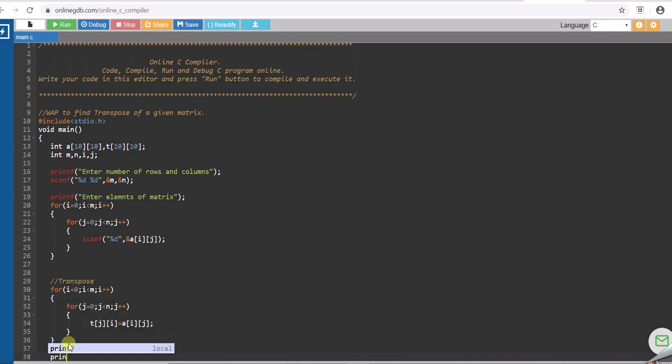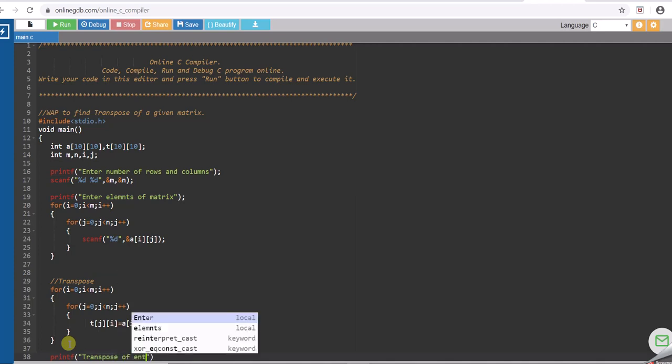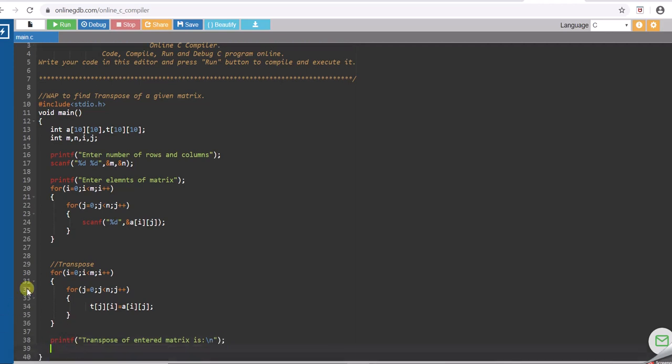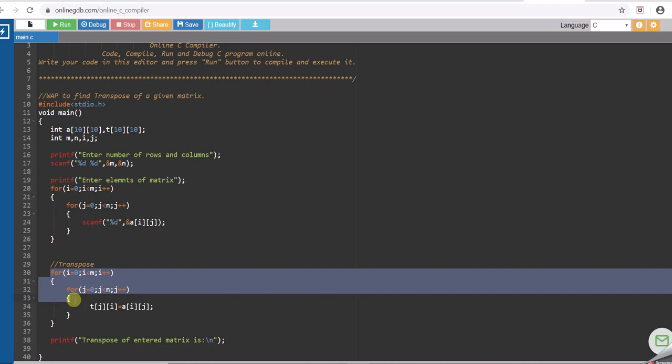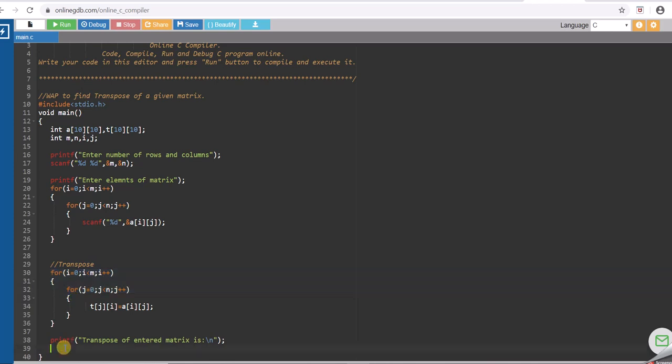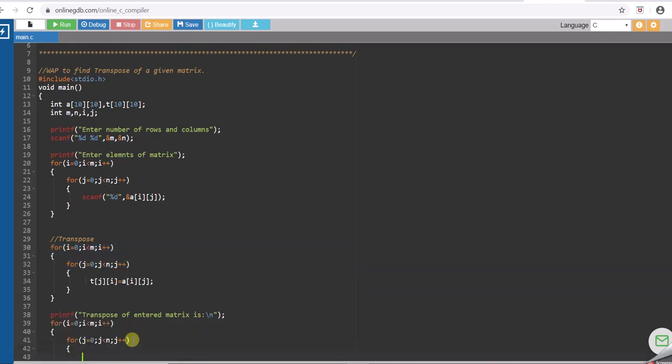Let me just go and print the transposed matrix. Right, whenever I have to access a matrix, I have to make use of two for loops. I'm going to make use of those two for loops over here. I want to print a matrix, so I'll write down printf. My value is getting printed.